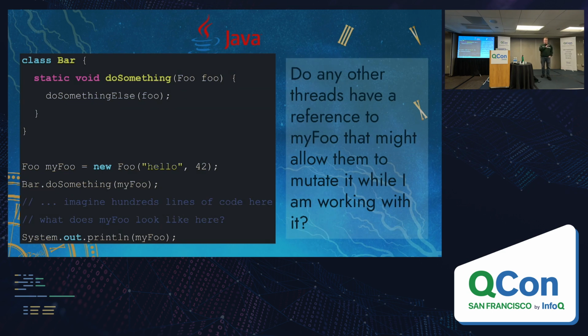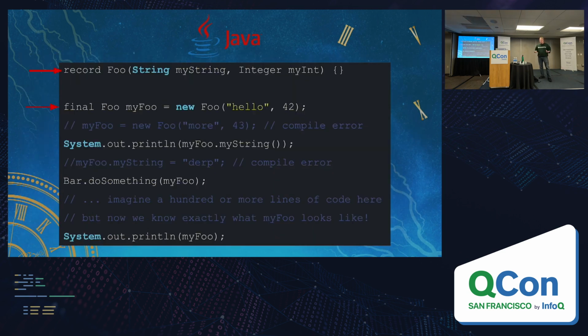And then the situation gets infinitely more difficult if you have concurrency in your program. If potentially this doSomethingElse function is passing that reference to some pool of background threads that may be doing work in the background, then you can imagine a scenario where I add another print line here, just two print lines in a row printing this variable out twice, right? I can't even assert that it's going to have the same value in between those two print statements because some background thread might have changed it in between the two. So again, I have to go read all of the code everywhere in my application to know what I can and can't assume about this variable at this point in time. And that just slows me down a lot.